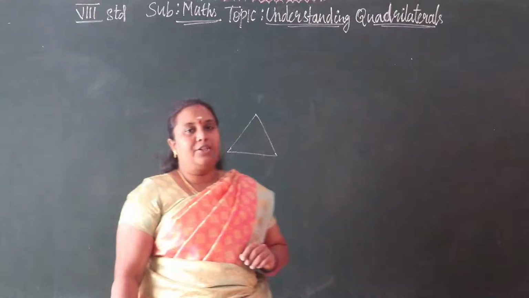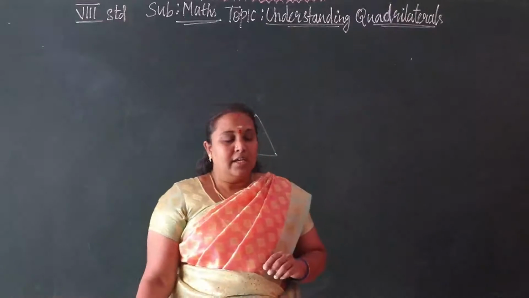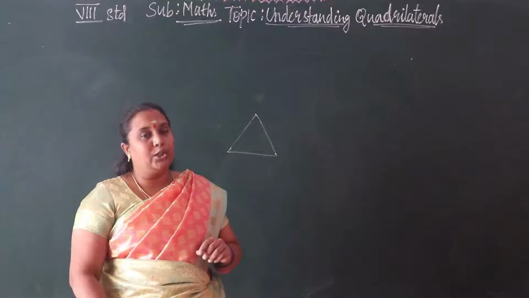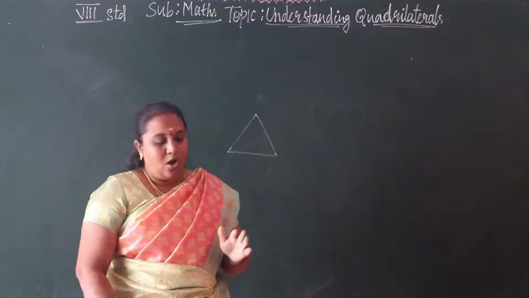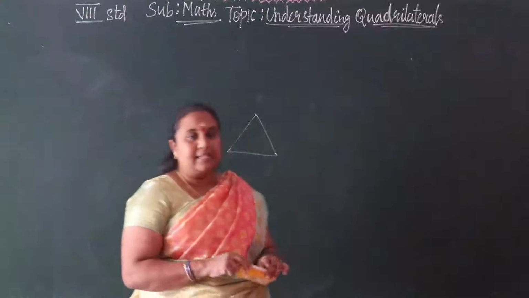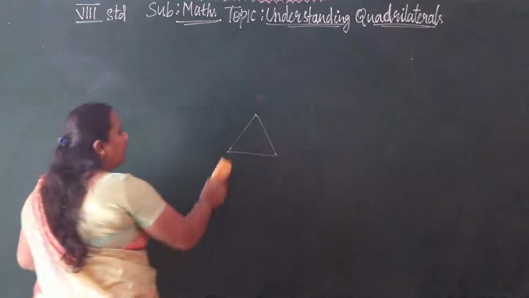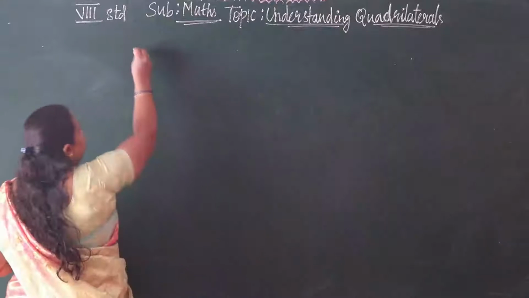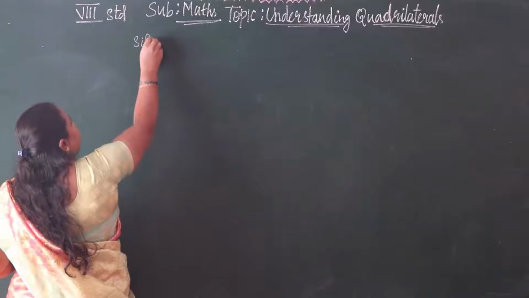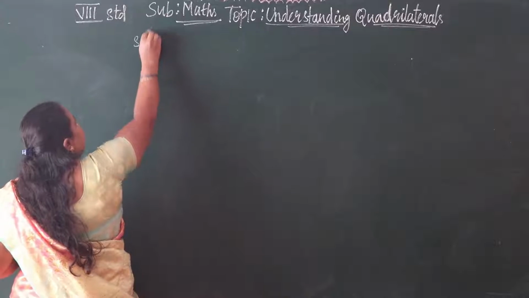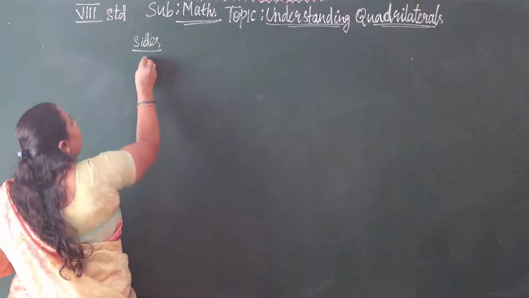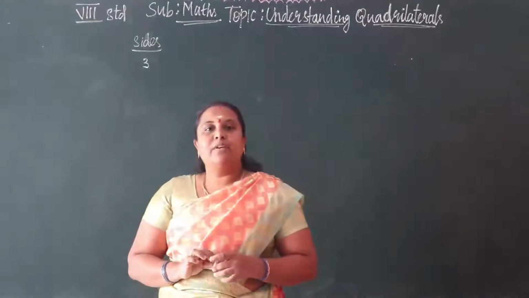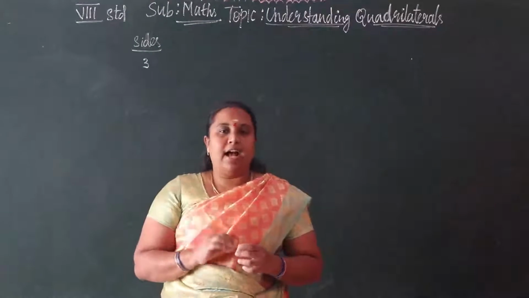So the classification of polygons. Okay, so let us see the classification of polygons. Polygons can be classified into various types on the basis of their number of sides and number of vertices. Okay, so now let us see sides and vertices. Number of sides. See, three-sided polygon, we can name it as triangle.